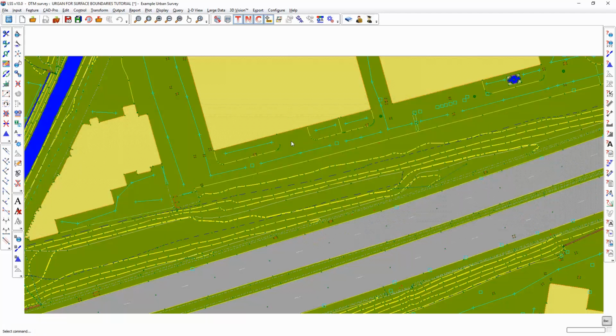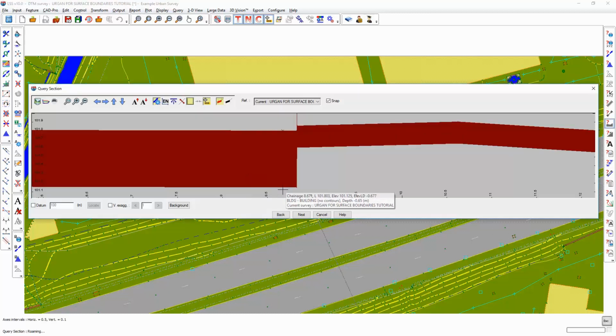When we export to machine control and we have two surfaces which join each other at different depths, what we can't do is output 2 points, one at the depth of the building and one at the depth of the grass, because the machine control equipment won't allow us to have 2 points at different heights on top of each other. If we wanted to export the formation level for each of these two separate surface features to a machine control system, we would either have to export each surface individually,